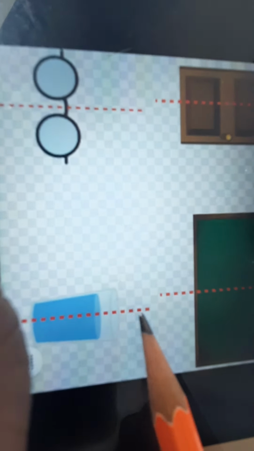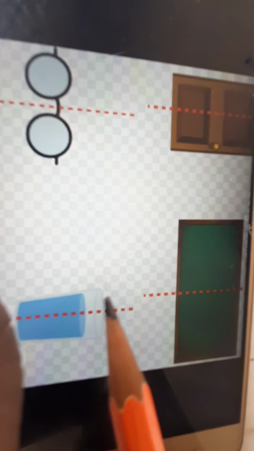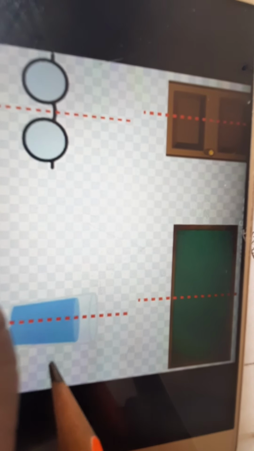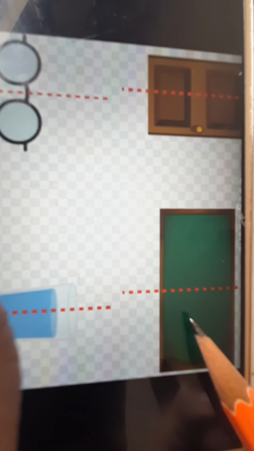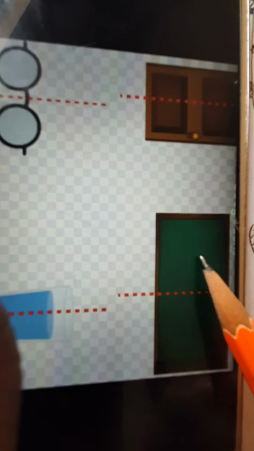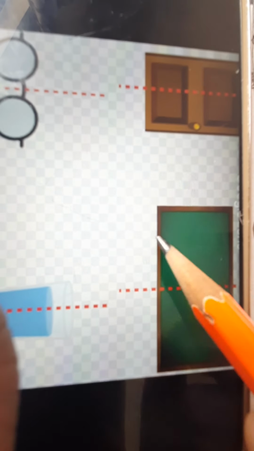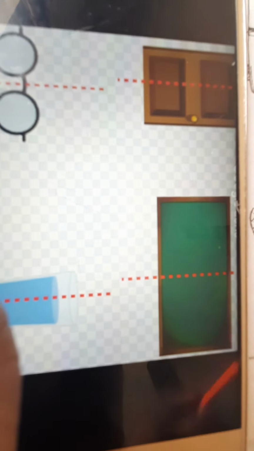Same here, you can see in this example a glass carrying water. If I draw this vertical line of symmetry, then the left part of this glass appears exactly equal to the right part. Same, your class blackboard is also one of the examples. If we draw the line vertically, we will get exactly two left and right symmetrical parts, and if we draw it horizontally also, you will get symmetrical parts. Here is an example of this door. So let us see some more examples.